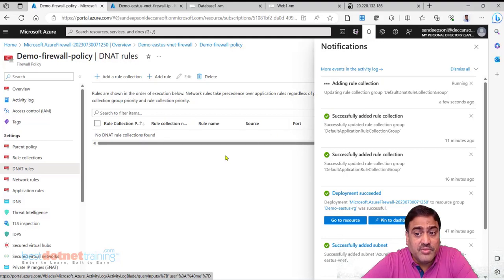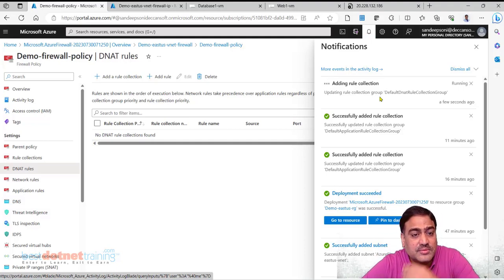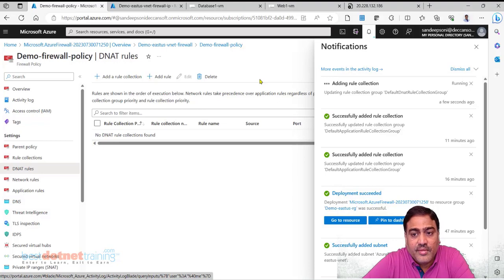But right now I have allowed only one rule, which is HTTP. Now what if I want to do RDP? Even RDP will be gone now. Though in my VNet I am able to do an HTTP request, because I am sending the request to port number 80 of the firewall and that's forwarding it. Same thing we will have to do for RDP also. I will not be able to do RDP to the virtual machine right now, because to get the response again it has to go via the firewall only.